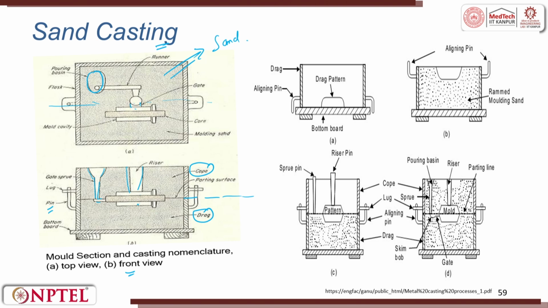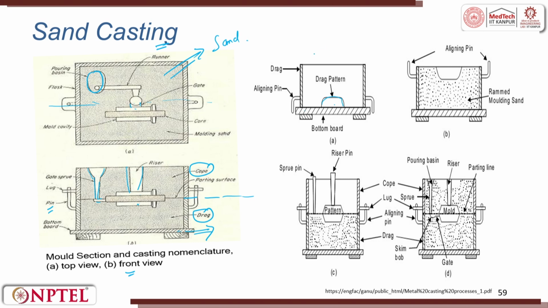Now, let us see how this is made. First, we take the bottom board. This board is the bottom board here, right. This is the drag. So, we keep the drag pattern here. What is a pattern? From the pattern, what you get is the mold. So, we have a drag pattern, and then we take the drag portion and keep the pattern,